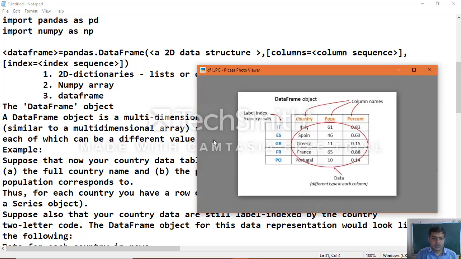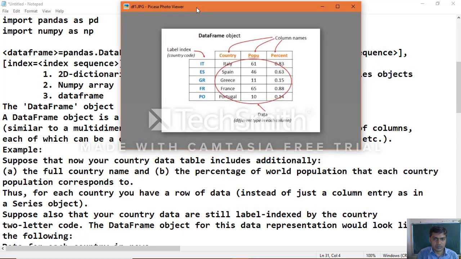The example which you have taken, suppose that country data is including things like full country name. You can see the country column, the column name, which contains the country names. That represents the full country name, and the percentage of world population that each country's population corresponds to.